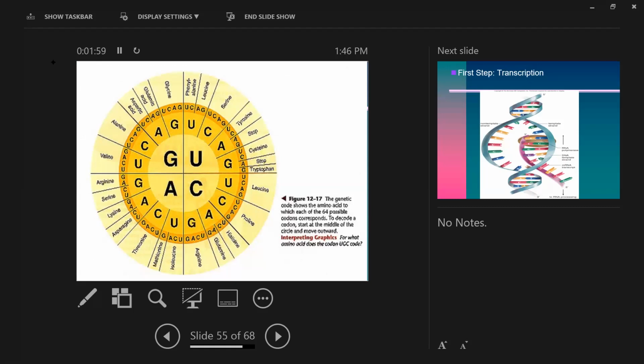Now, another way you can read this is this chart. You start on the inside, you work your way out. So the first letter for methionine's codon is A. You start right here. You then go to U, right there. And then you go to G, right there. You start on the inside, A, U, G. And that's going to be how we translate. You're going to do an in-class activity with this tomorrow or Monday. All right, so